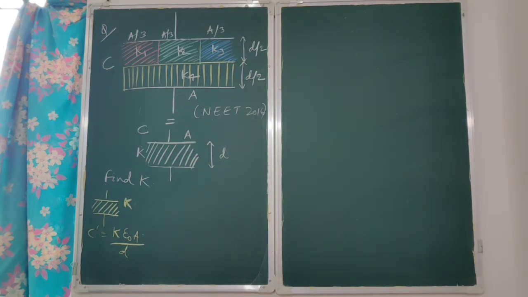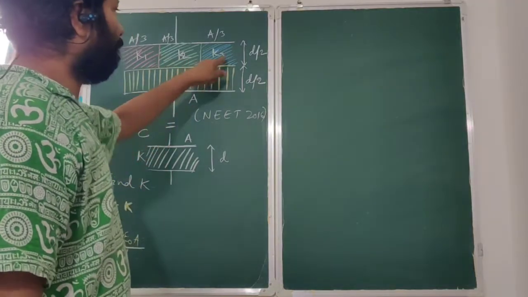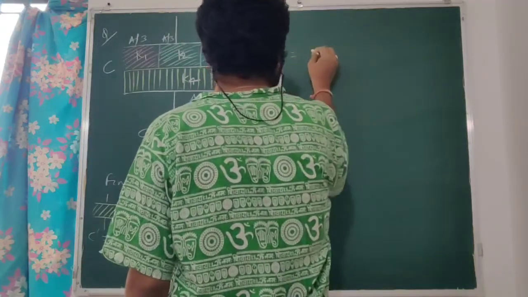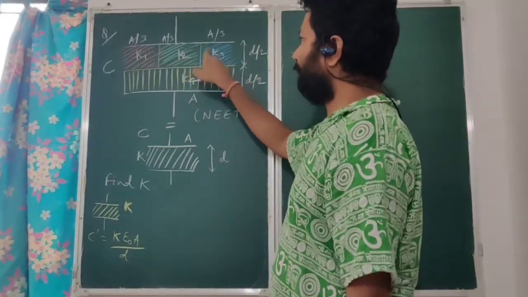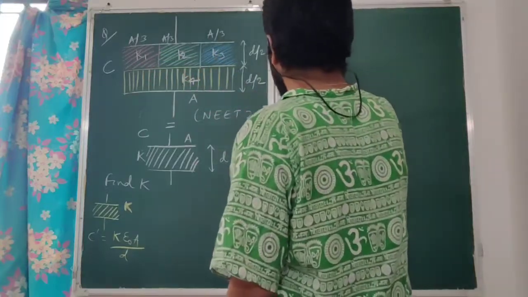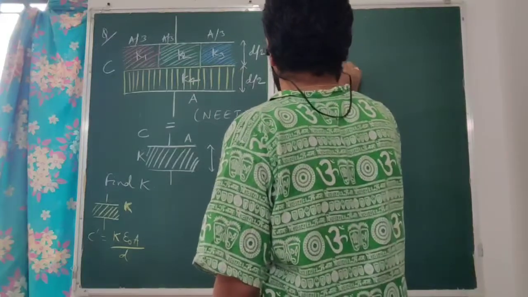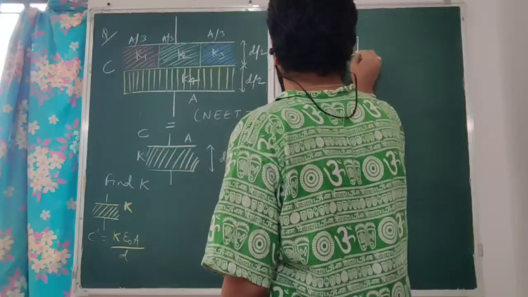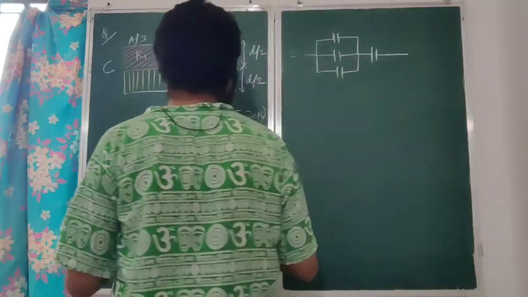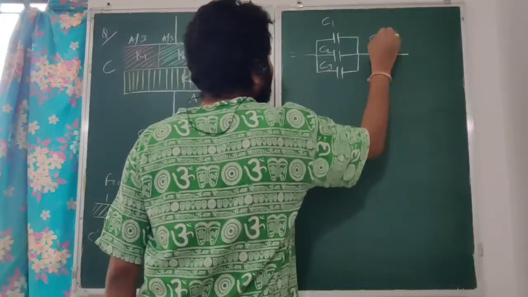So now let us try to solve this. What we do is, we can try to redraw this in the form of an electrical circuit. So let us do that. We are having K1, K2, K3. What are they doing? They are dividing the area. So that means all 3 of them are in parallel, and whatever you get is in series with the 4th one. So it is C1, C2, C3, and this is C4.